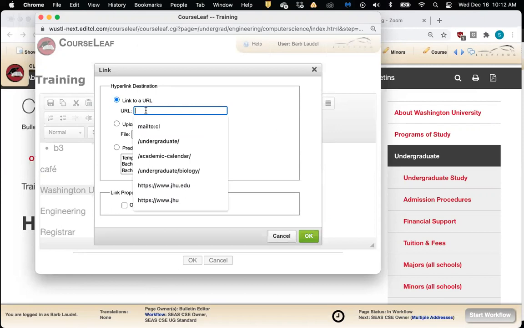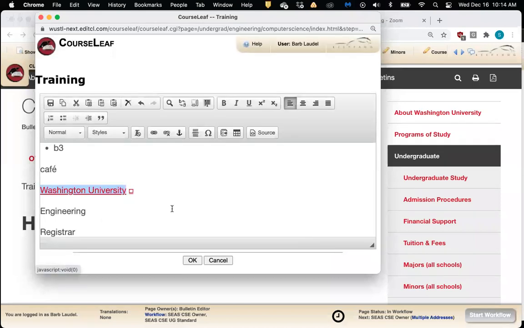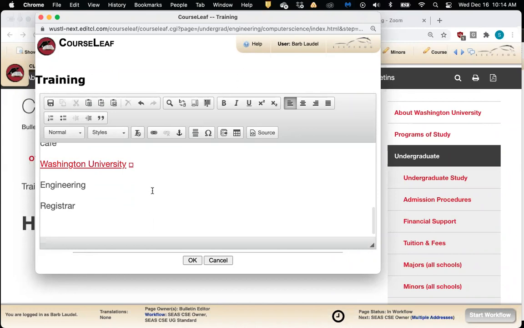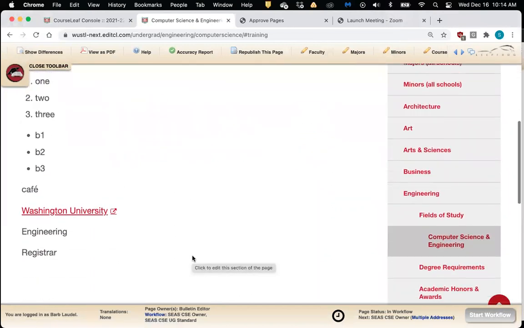And here in the URL field, I want to make sure I type in the URL. And so when I do that, I want to make sure I have the HTTP part of the URL. That is what is telling the software that you want the user to go outside the bulletin. So I've typed in the HTTP, and I'm going to go ahead and hit OK. So that is my external link. I'm going to go ahead and click OK for a second, and we'll come back to this in a minute. And we'll test these out as well.